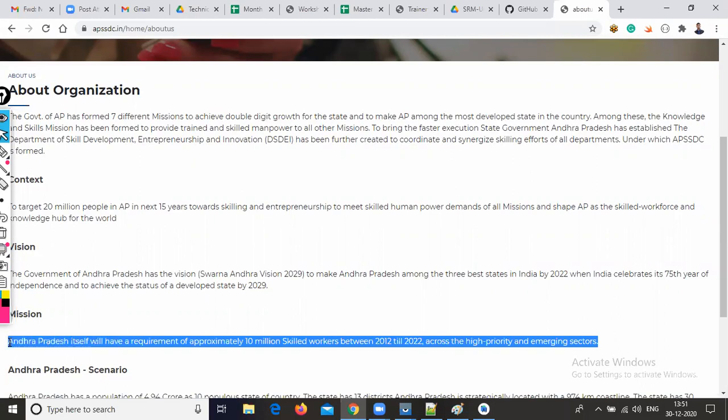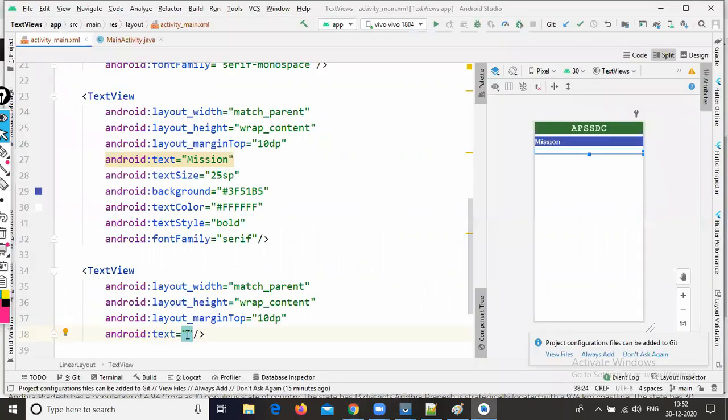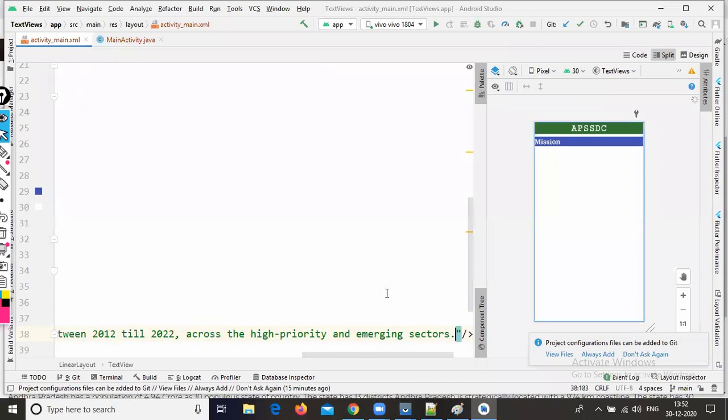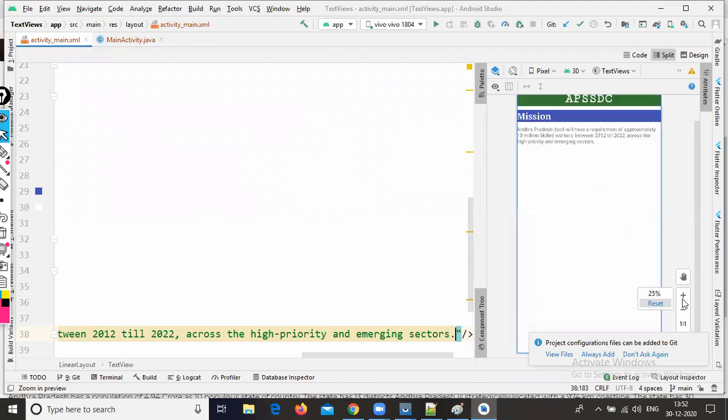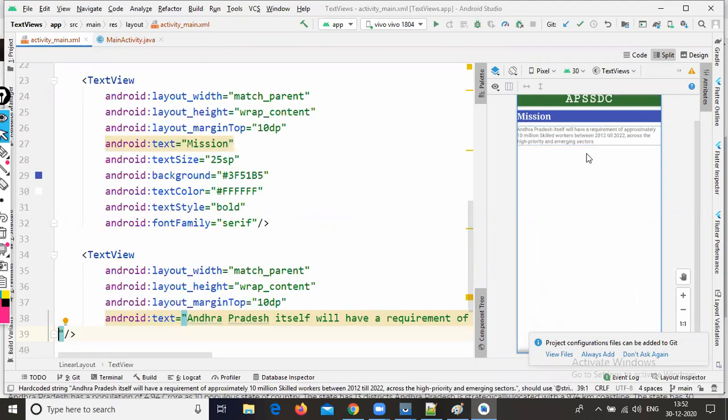Here I'm copying this text and pasting it into your Android Studio project. Paste it inside the TextView. Now you can observe that in our project the text is available. In case you want to display a longer text, you can multiply it.